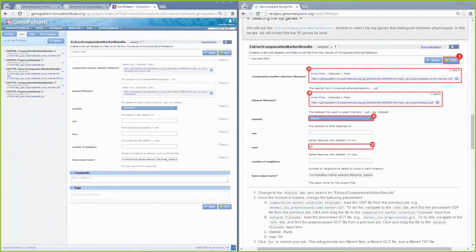So this recipe is asking that statistic be set to rank. So I will change this parameter to be set to rank. And then in this particular case, we want the top 50 genes extracted from this list. So here I will type 50. And those are the 4 parameters that I've changed that match the recipe. So now I can click Run.